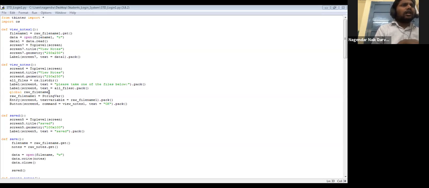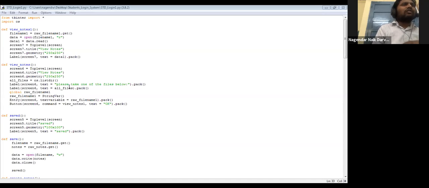Now here, file name one, or raw file name one, is a string variable because of whatever is stored in it. And here we need to keep an OK button. When you say OK, it needs to take you to the view notes screen so that it can open that file.